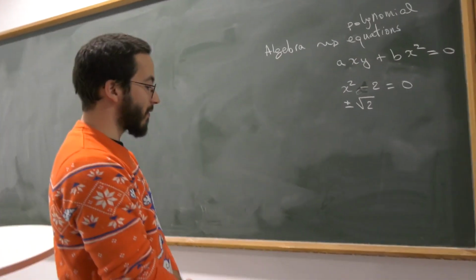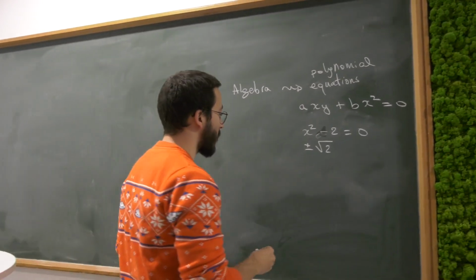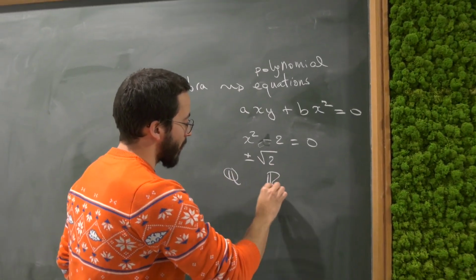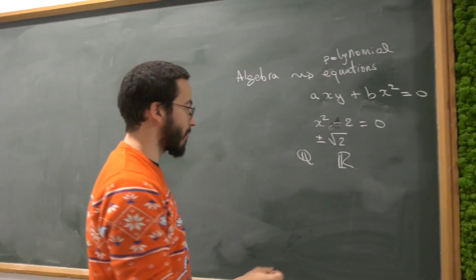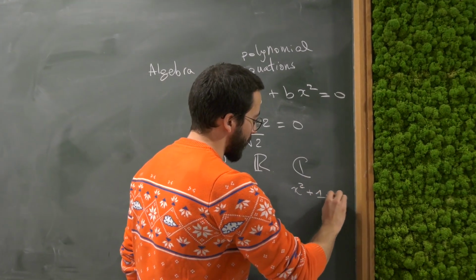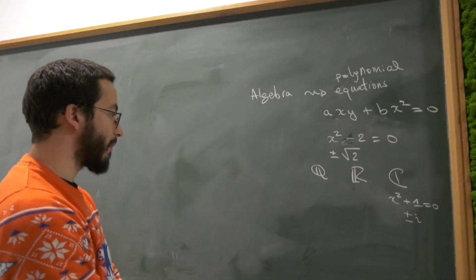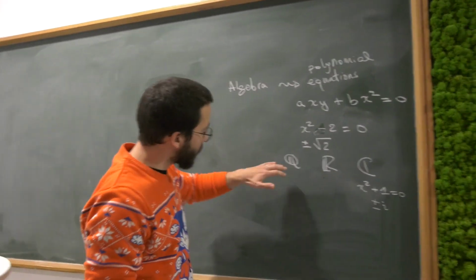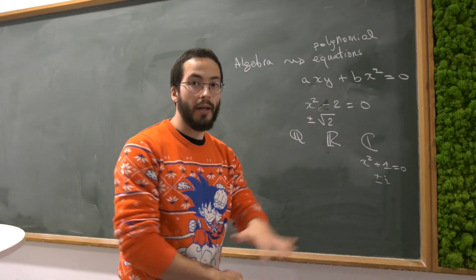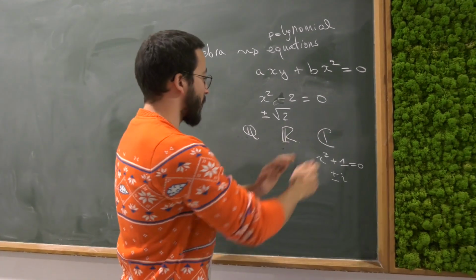This tells you already that there's a big difference between whether you want to solve an equation over the rational numbers or over the real numbers. And if you know a bit more about math, you know that there are also the complex numbers, where you can solve equations like x squared plus 1 equals 0, which has solutions plus and minus i, as opposed to the real numbers, where there are no solutions. I want to view these as not just different places where you can solve equations, but different places where you can do algebra. So there's an algebra of Q, an algebra of R, and an algebra of C.